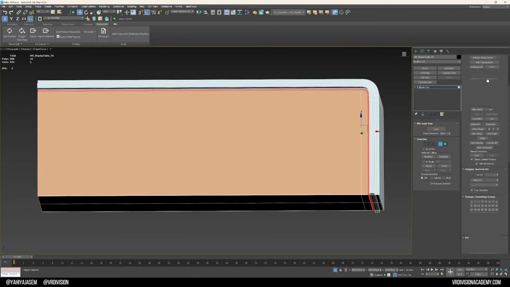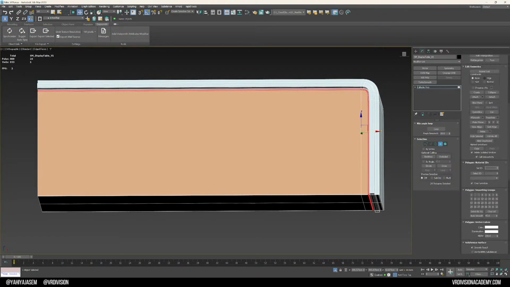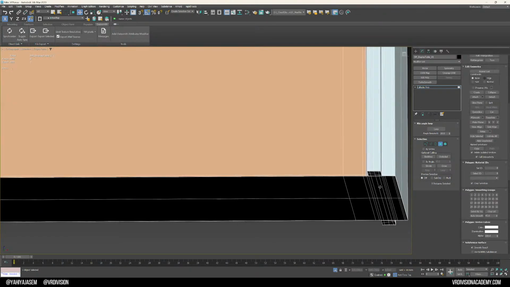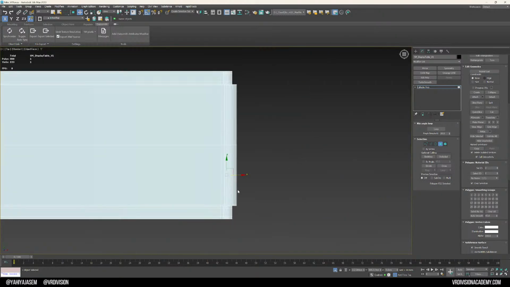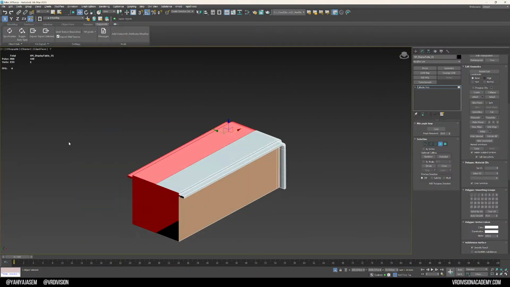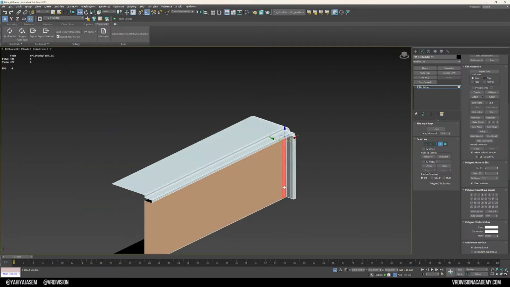And this can be ID number 2 as well. We can delete this part for now and just worry about